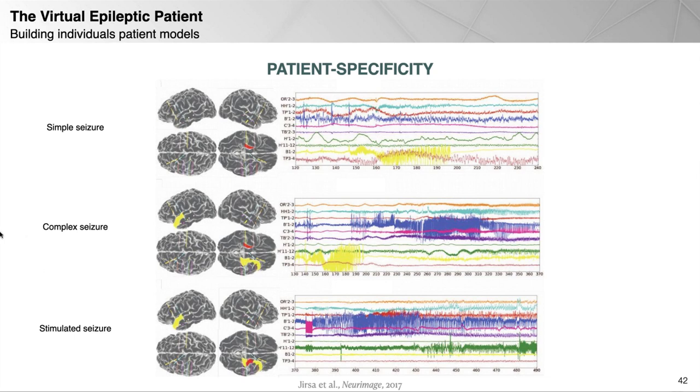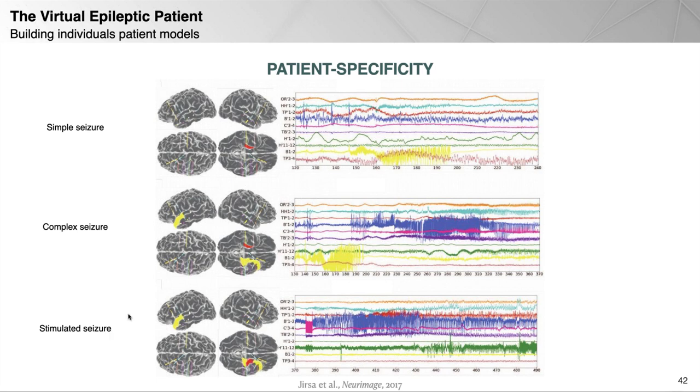On the middle row, you have complex seizures, which means that the seizures still start here in the right hemisphere, but then propagate to the other hemisphere, the left hippocampus, so it starts here, the left hippocampus, here, B prime, and it propagates to the temporal pole, here with T B prime and TP, but we don't really see, and to the hypothalamus. So there is a propagation from one hemisphere to the other.